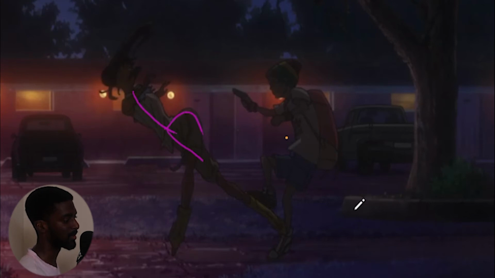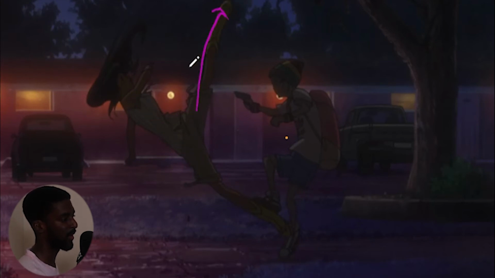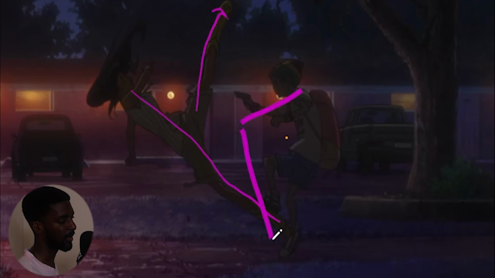And this is just on the animator side, where he had over-exaggerated the anatomy of the body to put all that emphasis on this kick that's about to happen. And then in the next frame, there comes that huge turning point for the leg. It goes straight up because her center of gravity has been turned. Usually it would have just stayed here because her leg would have been still in this position, but everything is